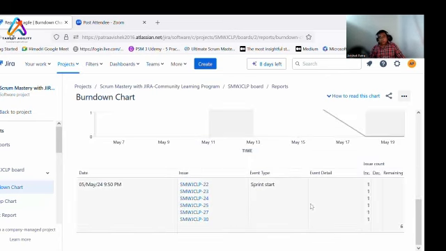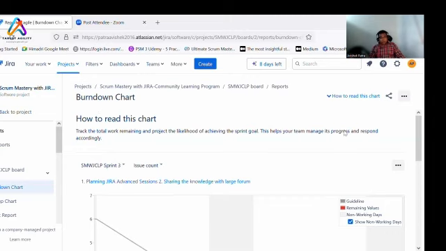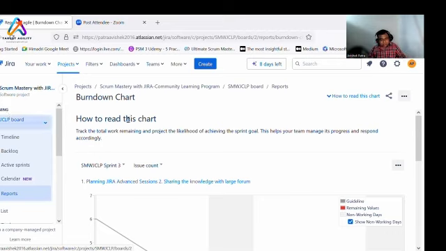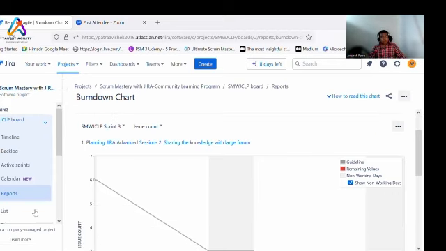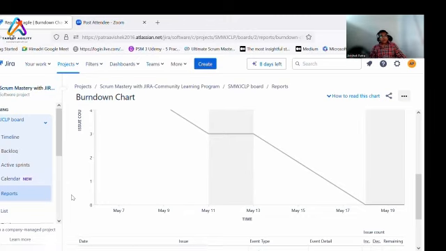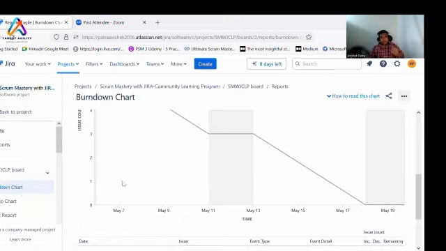Below, if you come down, you will see these options, all right, and which stories are in place, dates and all, and you can discuss accordingly. I'm not going much deeper because it is not a teaching session. Everyone knows what a burn down and burn up is, but you can check how to use it within your daily scrum, or even in your sprint reviews. Along with the burn down, I will just run you through the charts that we have in place. I will go to the reports.